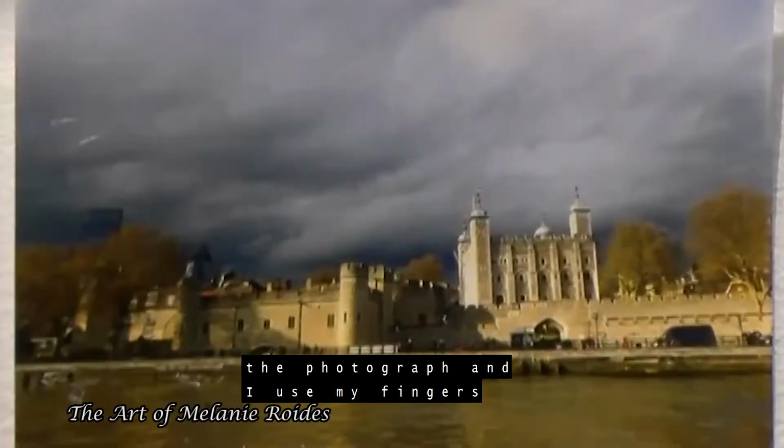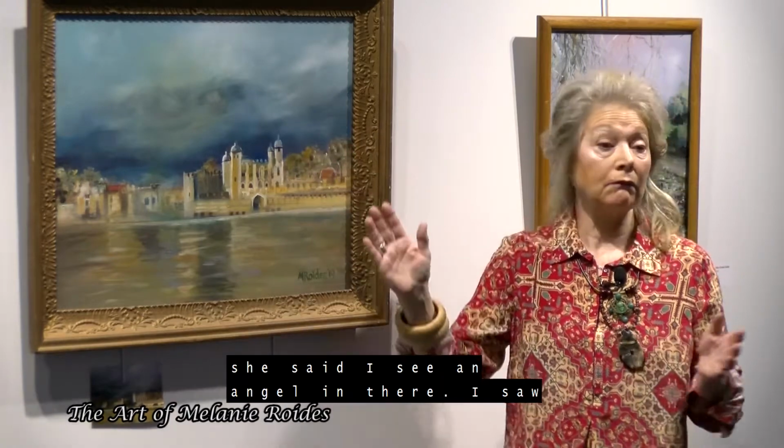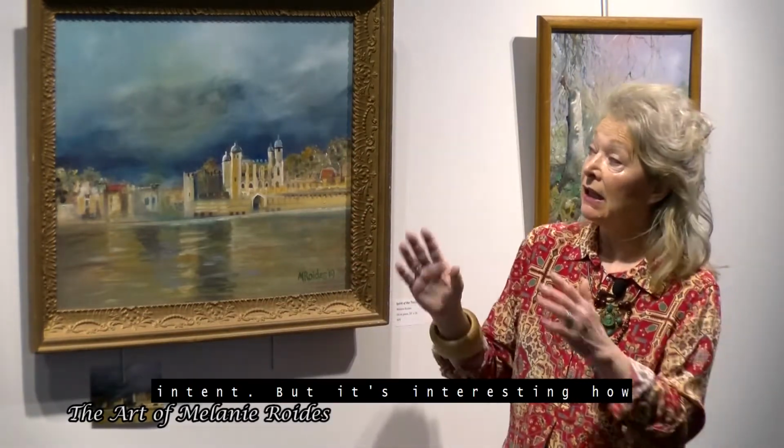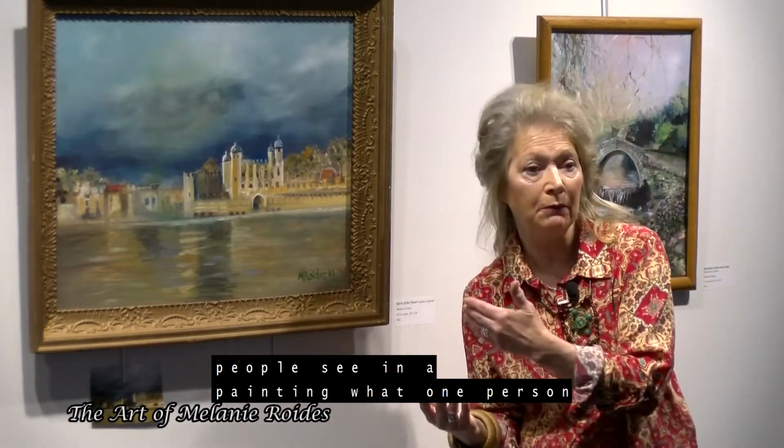And I use my fingers. Sometimes I don't rely on brushes, I just get hands-on and do things. And one of the ladies I paint with looked at it and she said, "I see an angel in there." I saw nothing of the sort myself. It wasn't my intent. But it's interesting how sometimes things just happen, and what people see in a painting,